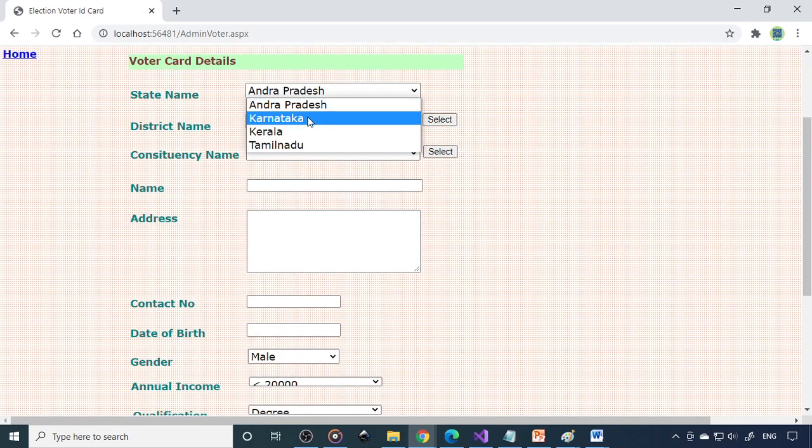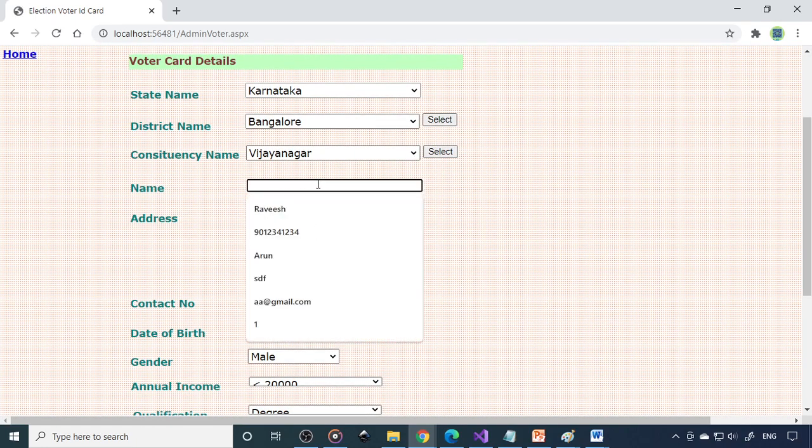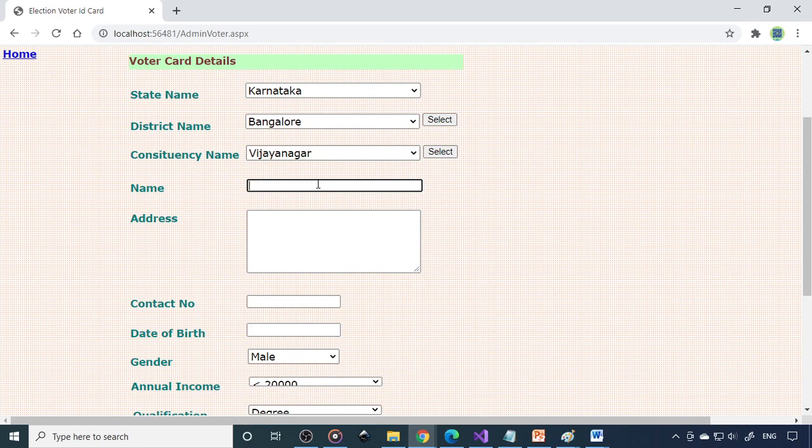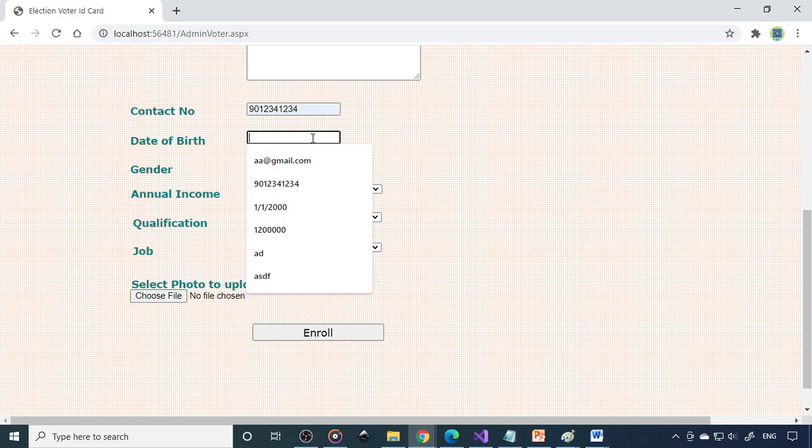So let's say Karnataka, Bangalore. Click Vijayanagar. So name, let's say Sanjay. Then address. We'll complete the address. Contact number and date of birth.